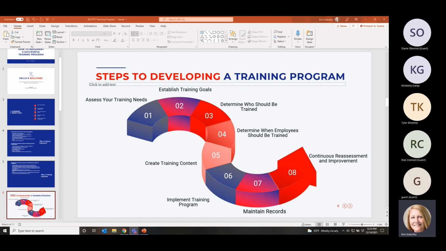But you've got to create that at some point, and that's got to be within your timeline. Once the training content is created, you're going to implement it, and you're going to say, okay, effective January 1st, 2022, we're going to implement this training program. Everyone will now be trained on a quarterly basis or every 6 months, or again, whatever that frequency is that you determine. And you can even determine it on risk.